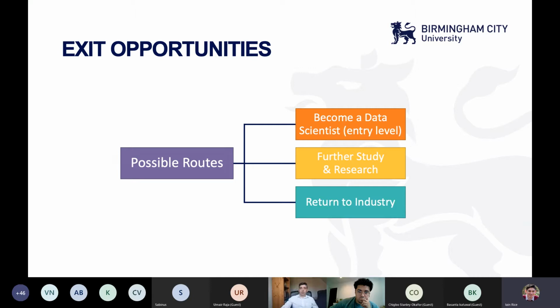Okay. Further study and research are also possible. Whether you want to go on and do another MSc in an applied area and say, look, I want to use AI in education, but I need to understand more about education. So go away and do your PGCE or your teaching qualification to get a good background in education. You could then be a teacher either in AI or computing or mathematics probably, or you could then be a teacher in history or geography or whatever interests you, what you were doing before you came to do this course, but with AI background. So you'd be able to understand the learning analytics,